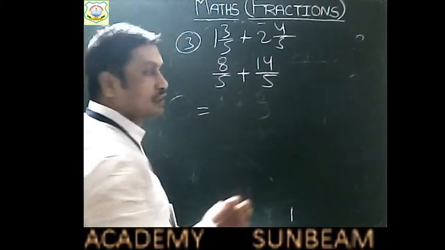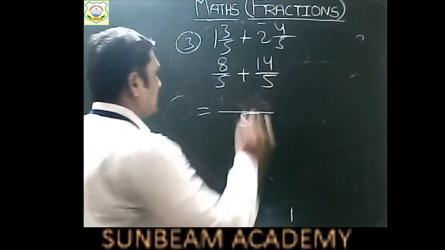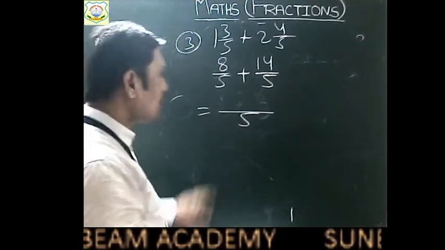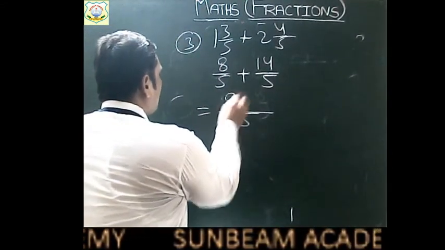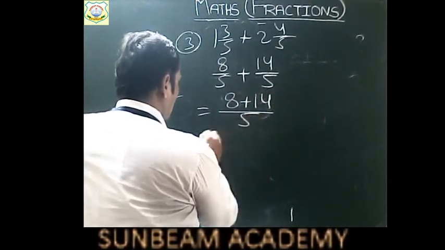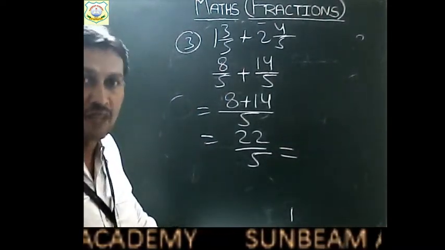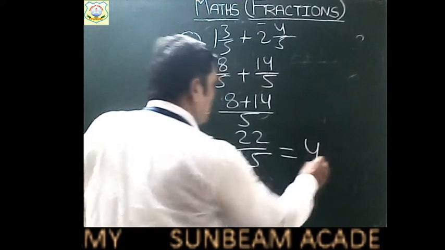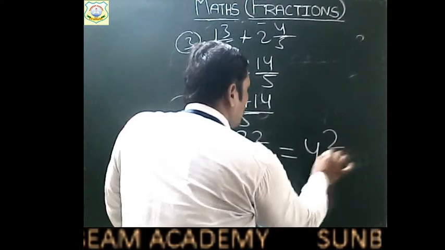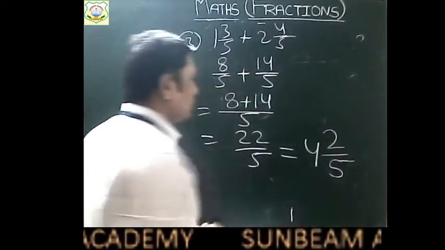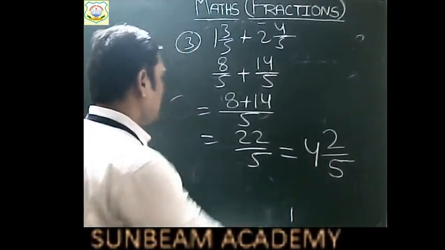Now children, the denominators are the same, they are like fractions. So the numerators will be added directly and the denominator will be the same, because the LCM of 5 and 5 is 5 only. So the denominator will be 5 only and the numerators will be added. 8 plus 14 will give 22 by 5. And convert this into a mixed fraction, children. So what do we get? 5 fours are 20, 4 times, and 2 will be the remainder. So 2 remainder will be divided by 5. So we get 4 whole 2 by 5. You can do this by yourself also, I think. So in this way, children,